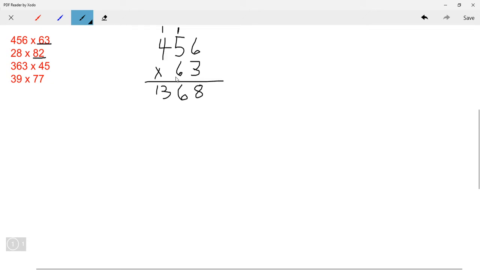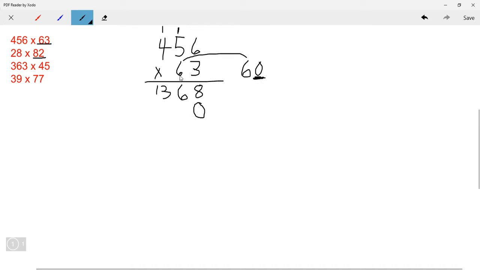Now, really what we're doing is we're multiplying 3 times 456, and then we're actually multiplying with this 6, because it equals 60, we're actually going to multiply 60 times 456. But when you multiply by a number that ends in 0, we can actually just add the 0 to the number and then multiply it by 6. So that's exactly what we're going to do. We are going to put the 0 here